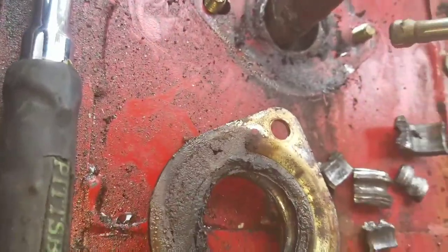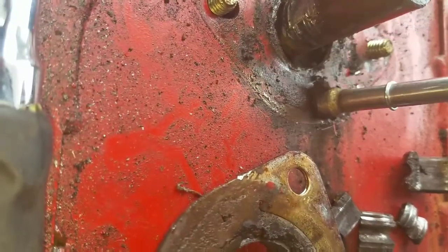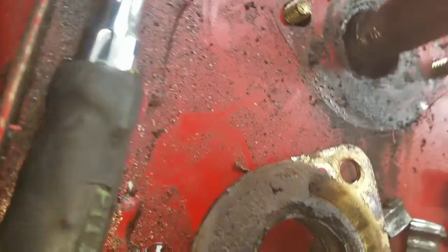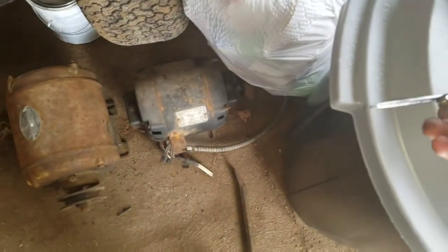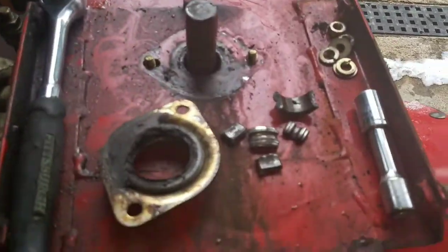Most of the balls, though, drop down. Yeah, in there. I can't get them back out. They're like gunk. Ew, that's all magnetic gunk, too. Try something here. Let's see. Still haven't found the